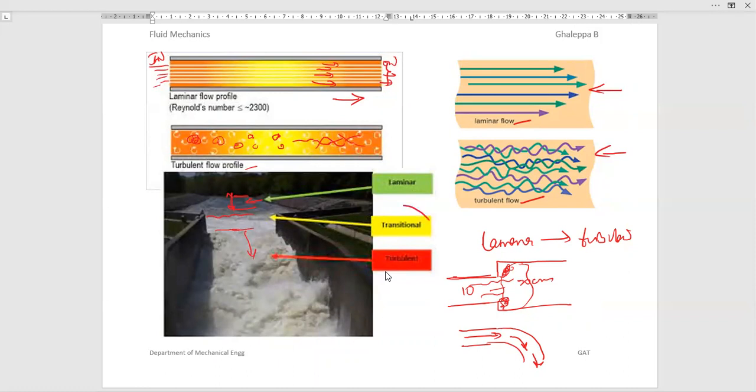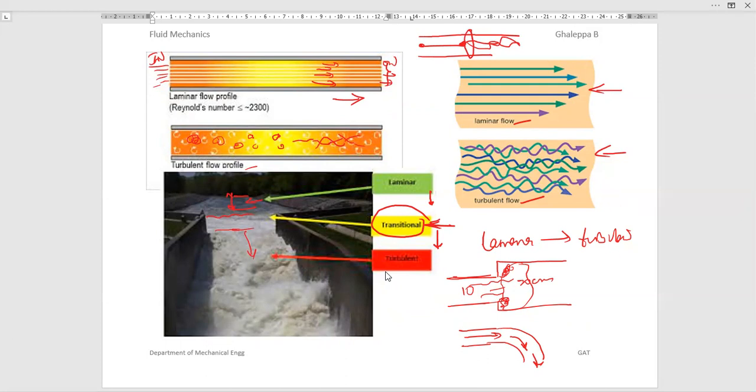Dear students, you should understand one more word here. Transitional means it is a type or a point or the phase or the plane where laminar flow is converted into turbulent flow. Understood? So I have given an example here. Here there is a pipe. From here to here it is laminar flow. Suddenly the laminar flow is converted into turbulent flow. Okay, so this particular point we will call the transition phase or transition point.